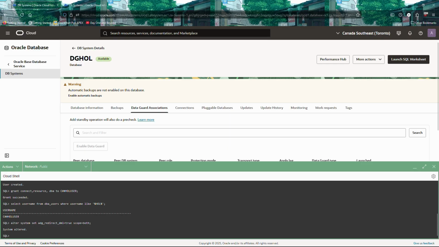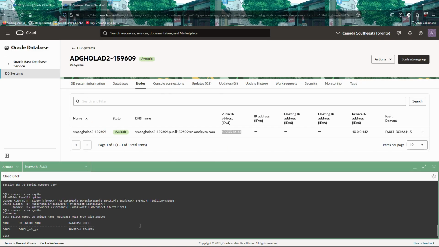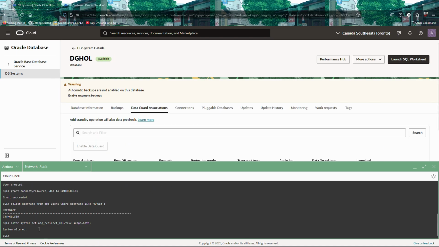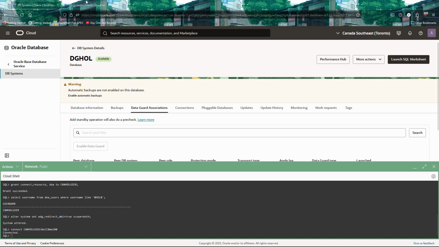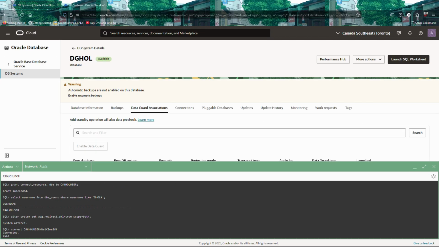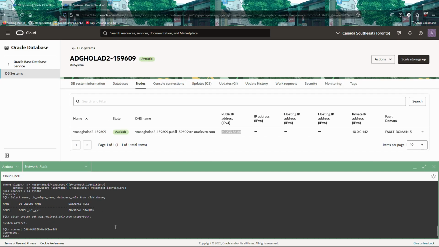So on the primary, and then on our standby, and then we're going to go ahead and connect to that common user we created. So as we're connected to our new user, we're going to go ahead and create a table only on our primary. And then on our standby here, we're going to go ahead and describe the table that